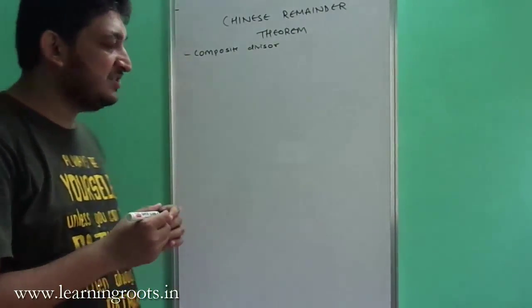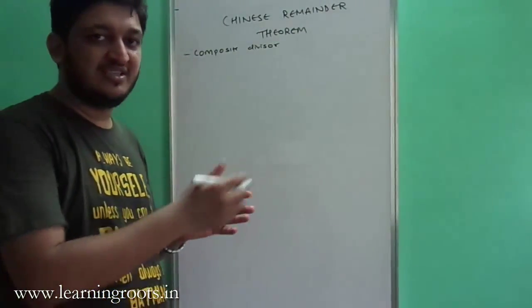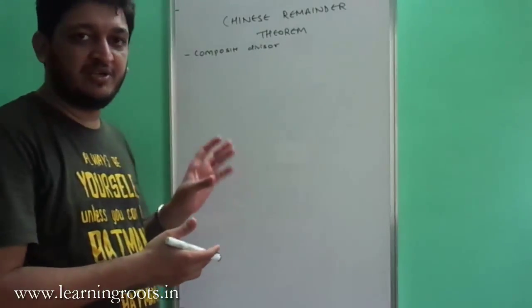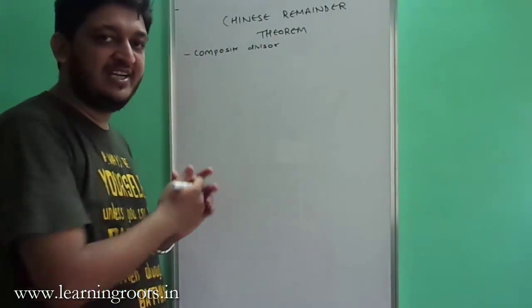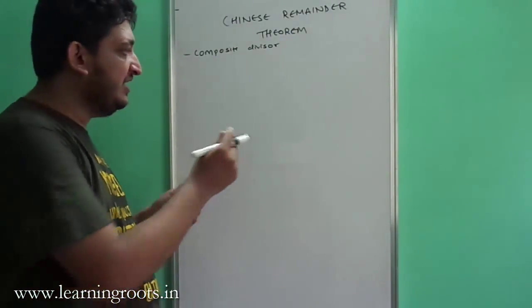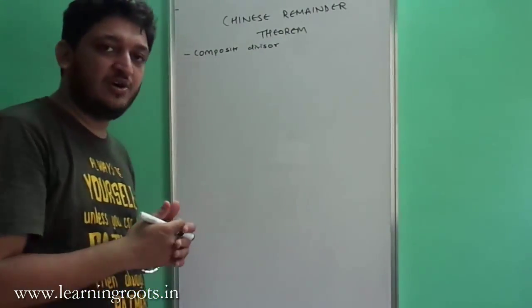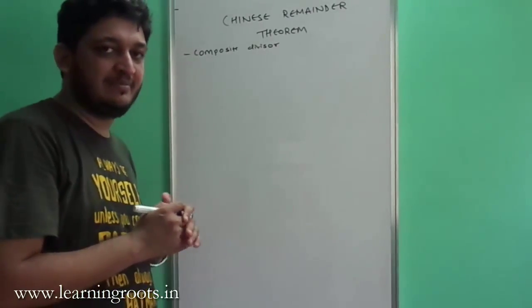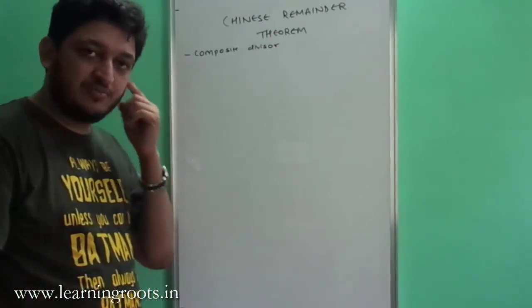So we have already seen, using Euler's rule and Euler's number, how to find the Euler's number of a particular divisor and then how to go about finding it for a numerator. Plus the Fermat's last theorem we saw, wherein we used an extension of the Euler theorem to find out if the divisor is a prime number. So now what to do in case there is a composite number?